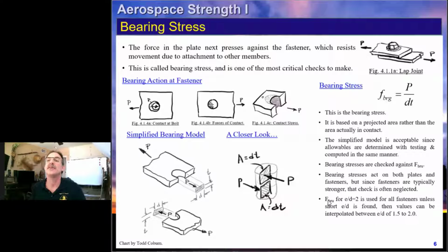Dylan, did you have a question? Yeah, I had a quick question. Is the diameter that we're using the diameter of the hole or the diameter of the fastener? Because if the fastener is really small, wouldn't the area that's pushing out just be the contact with the small fastener? Yeah, good question. So basically in our class and for almost all industry analysis, we're going to assume that